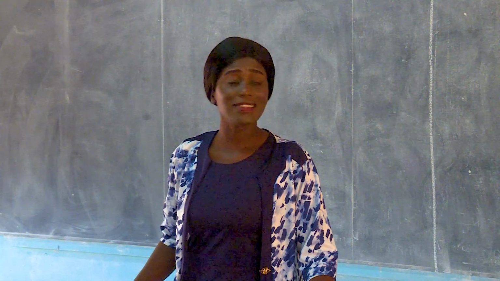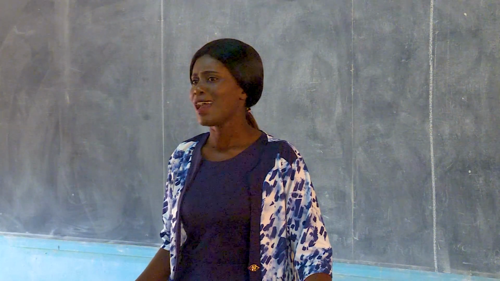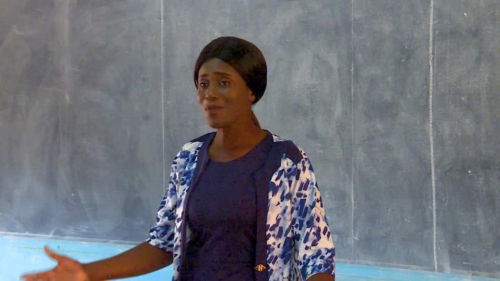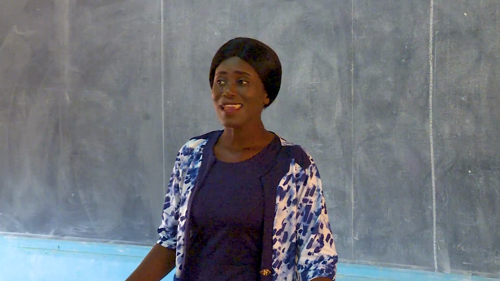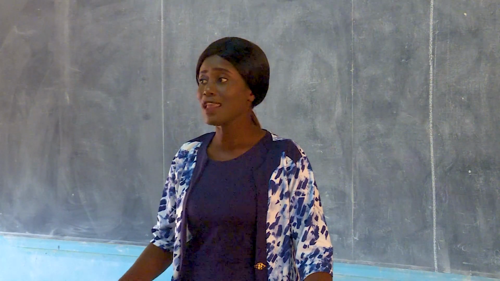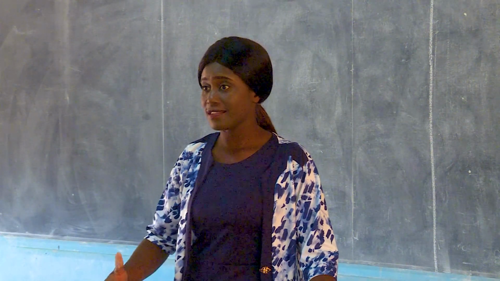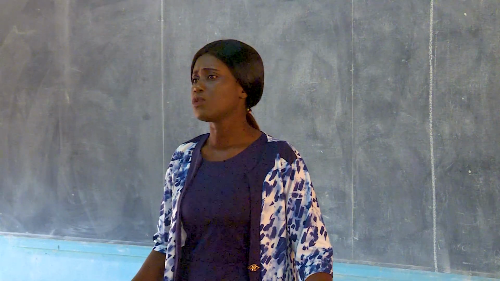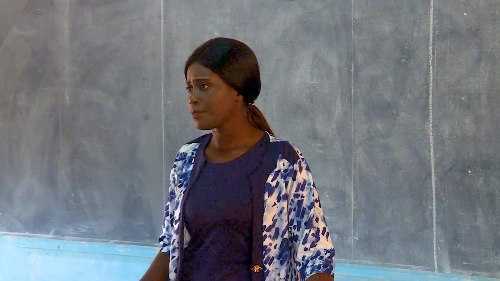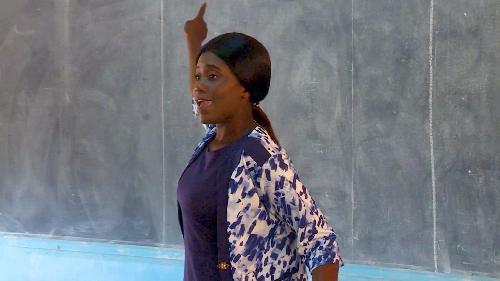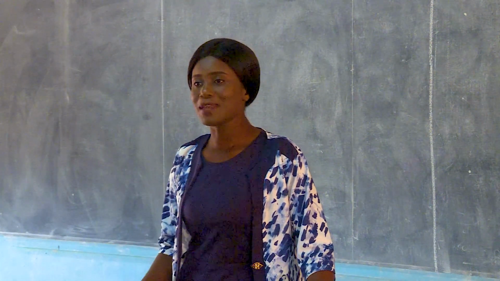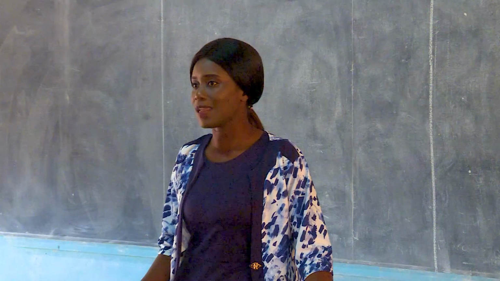It can be anything that can make an organism respond at the end of the day. Now, we have different types of organisms out there, and they respond differently to stimuli. The way human beings respond to stimuli is different from the way plants respond. Our main focus is on human beings. Yesterday's topic was on the nervous system, and today's topic is on the endocrine system. Both systems help human beings to respond to stimuli.